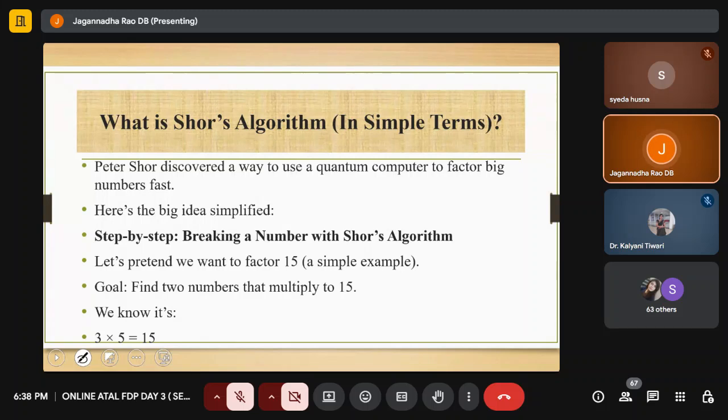So in simple terms, step by step, Peter Shor discovered a way to use a quantum computer to factor big numbers fast. But we already told earlier, RSA algorithm is a big number, it is very difficult to find the non-trivial factors. But when you go to Shor's algorithm, it can be found easily, like Peter Shor told. So here take a big idea, very simplified step by step. Break your number with Shor's algorithm. Let us pretend we want to factor 15. I don't know the factors of 15. Assume this is a big number. So what you do, you take a factor 15 and